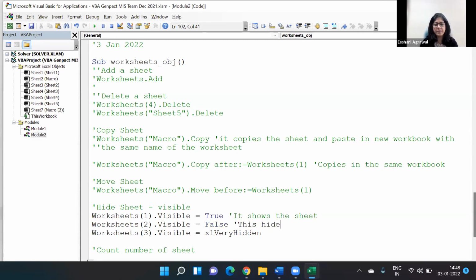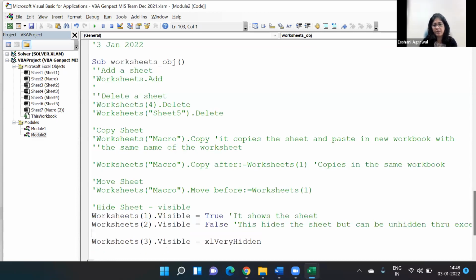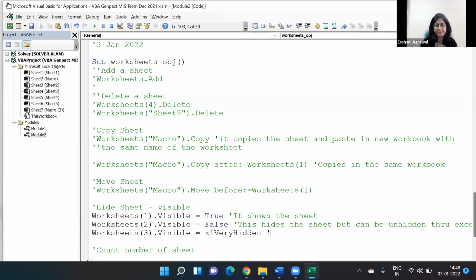False hides the sheet, but it can be unhidden through Excel, right? And in the Excel very hidden part, this hides the sheet, but it can be made visible only